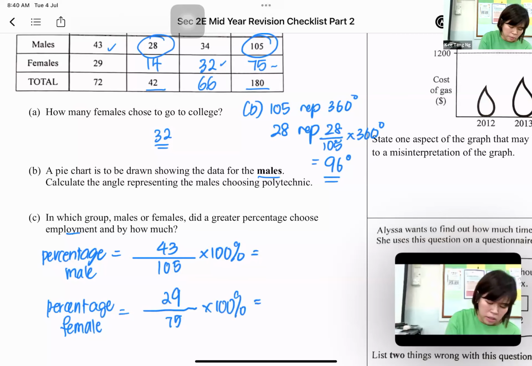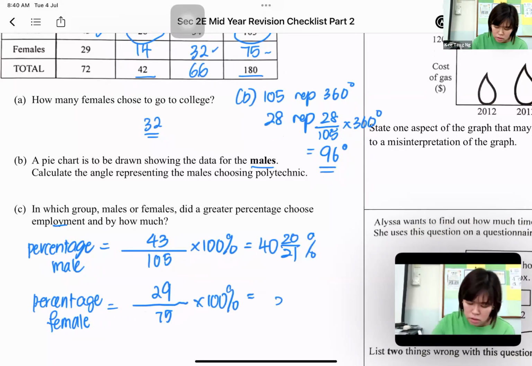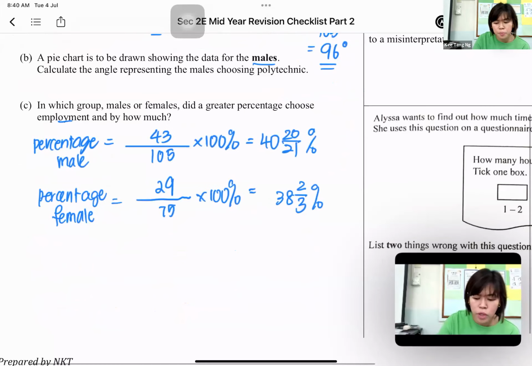Okay, so let's calculate the percentage. This gives me 40.95, okay, I'll write a fraction now, 40 20 over 21%. Then the female is about 38 2 over 3%. So it reached